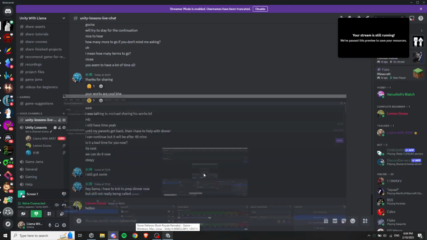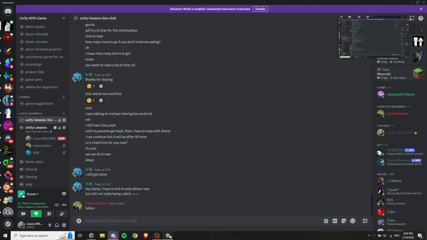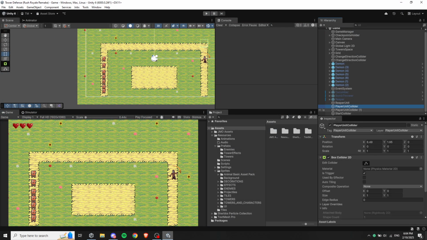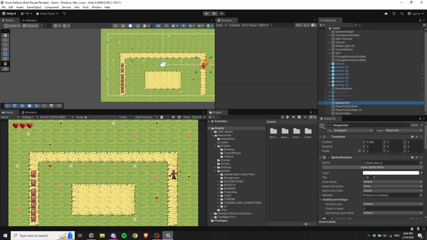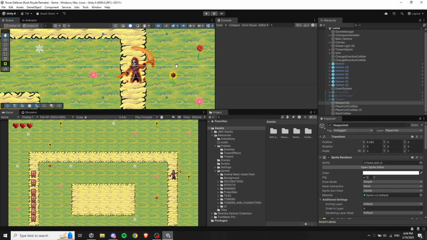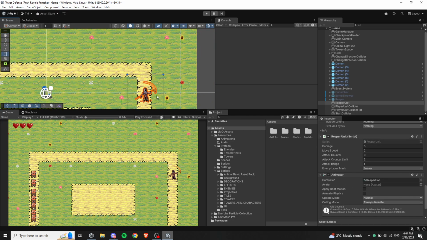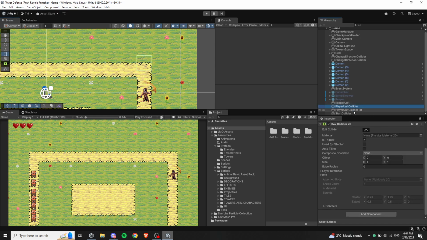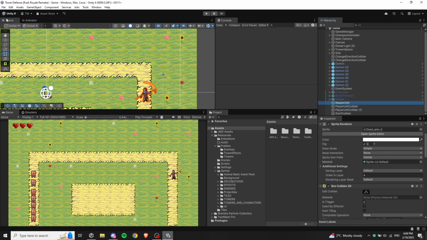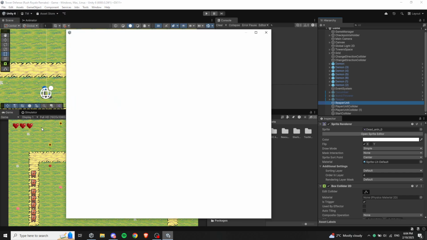Right. So we created the Reaper unit here, but like I said, when it collides with the colliders, it needs to change direction, like the enemies. But before we get into that, let's go to the settings one second and make sure that